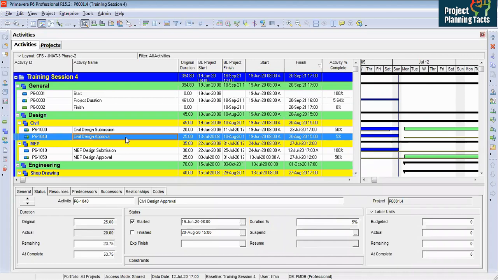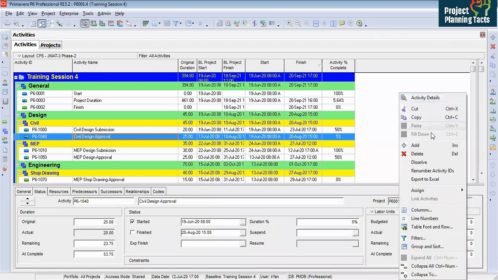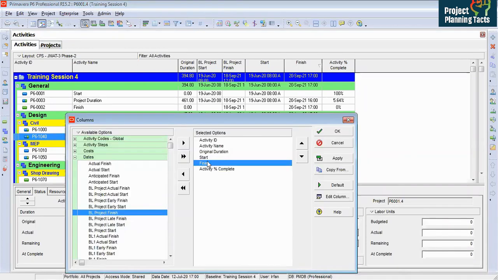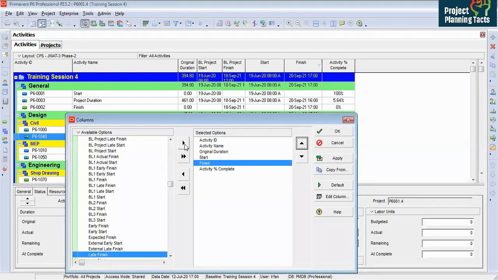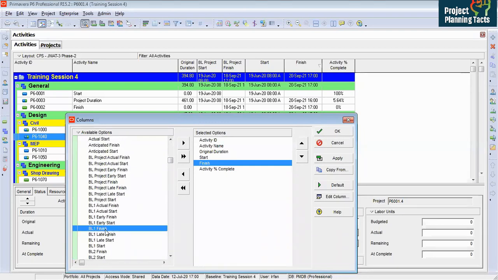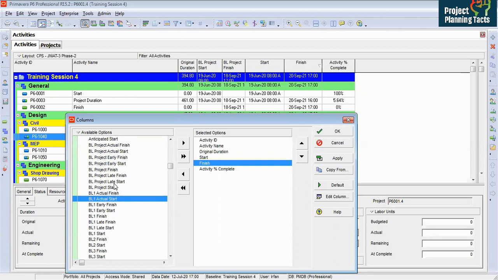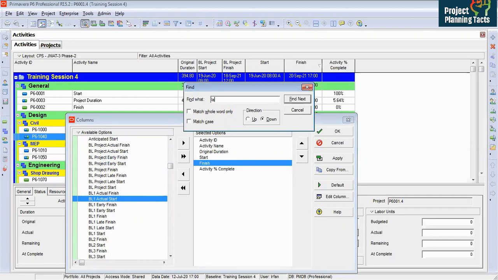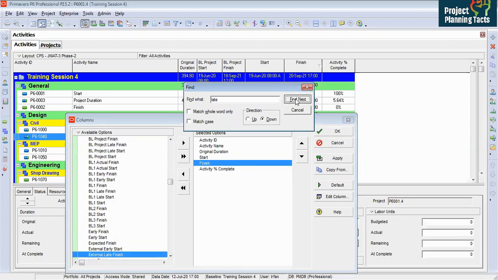Now, let me tell you quickly about some dates. After the dates, I will show you how to update the same activities through Excel. Let me take some columns so you are not able to see the Gantt chart. So we have got start and finish. Now I'm going to take late finish and late start. And here, if you find a problem finding anything, you can simply press Ctrl F and write whatever you want. So let's say I write late, it takes me to the late, and then I search again. So here I have got late start and late finish.